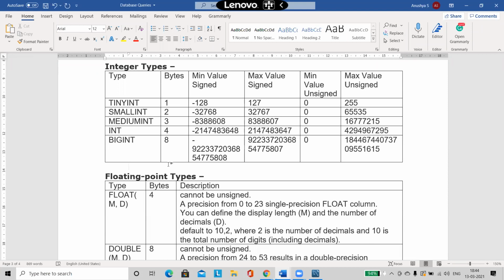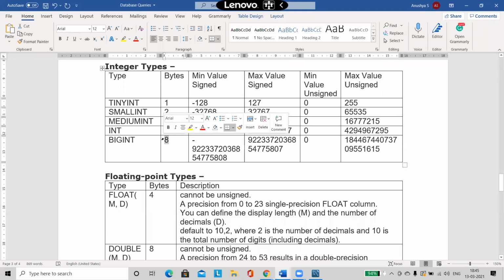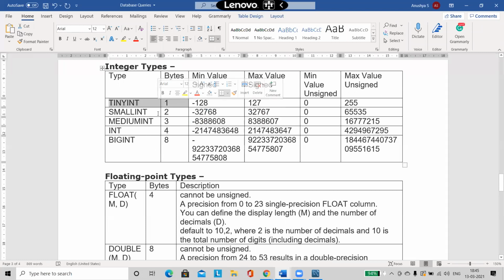The maximum capacity is going to be very limited. So why should I waste 8 bytes or 4 bytes of memory? Why should it get unnecessarily wasted? I can store it in tiny int itself. Tiny int capacity is 0 to 255. Do you really think any person is going to live more than 255 years?